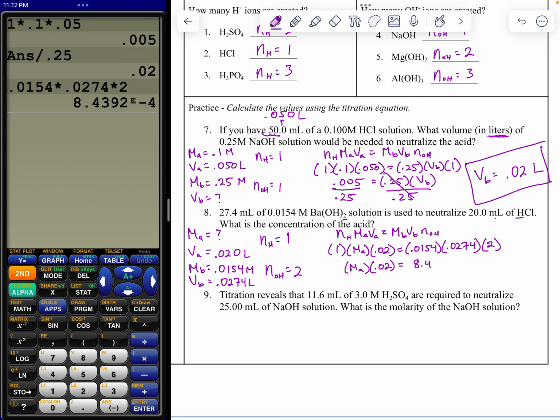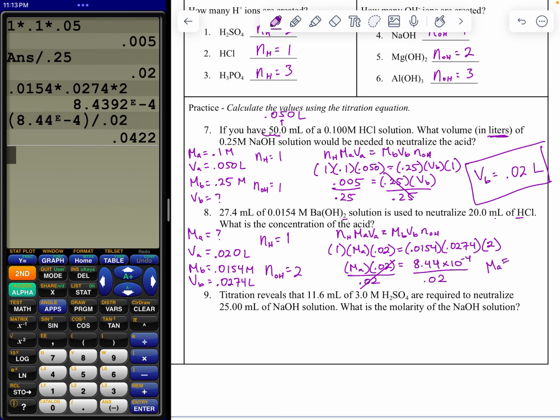8.4. We'll round that up. You're not supposed to round too soon, but it's okay. That's a 9. 0.44 times 10 to the negative 4th there. All right, of course, that's what that operation in the calculator represents. So divide through by 0.02. That rhymed, and I did not mean for it to do so. And then we just take that value. So just to be sure that the calculator knows what I'm doing, I am going to take any scientific notation value and put it in parentheses, and then I'm going to divide it by the 0.02, and that's going to give me a molarity of my acid of about